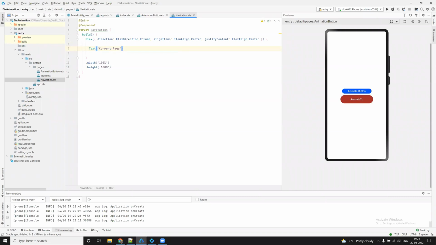We can give it its own properties again. There are different ways, so I'm trying to show as many different features and properties. Text align is for making the component text at the center or any other place you want, and I also want font size to be around